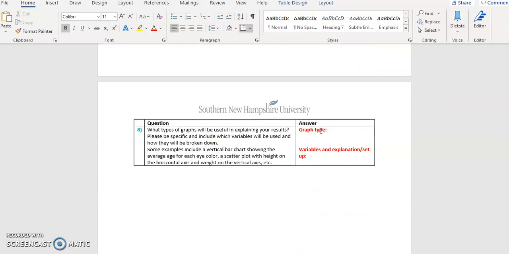Okay. And finally, what type of graphs will be useful in explaining your results? You only need to pick one. Be specific and include which variables will be used and how they will be broken down. Okay, so you might have an example of a vertical bar chart showing the average age for, say, some study that has an eye color, or a scatter plot with height on the horizontal axis and weight on the vertical axis. You can figure out what you want to do. So put your graph type. Again, you choose. So I might choose, let's see, I think I will choose a bar graph